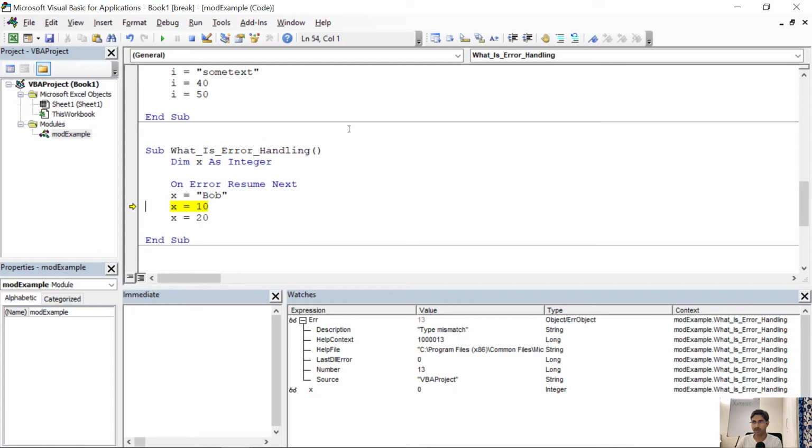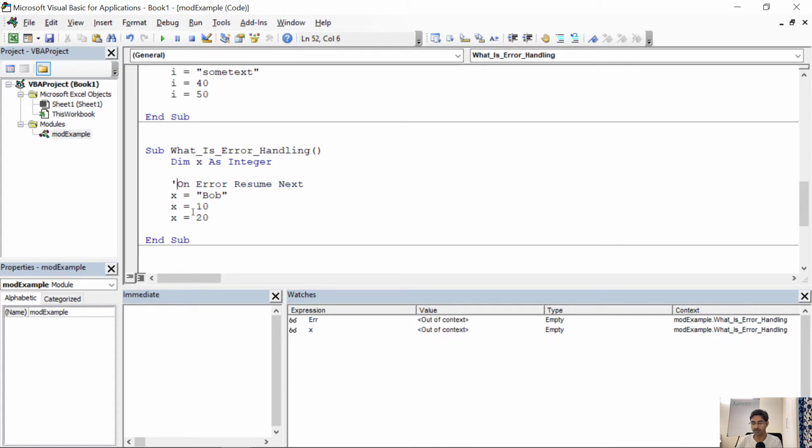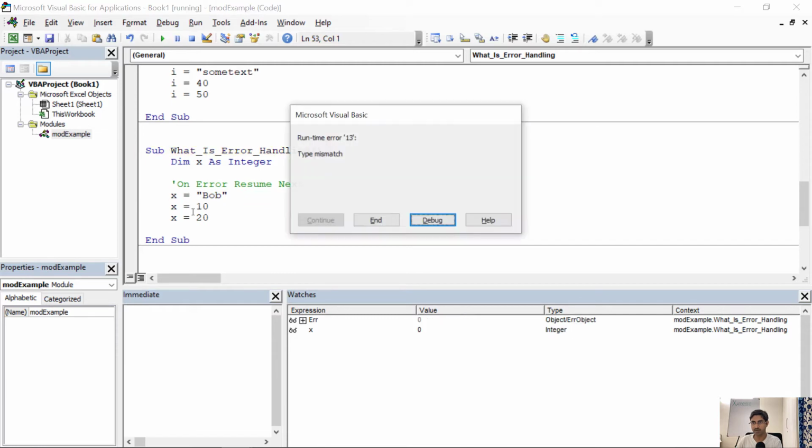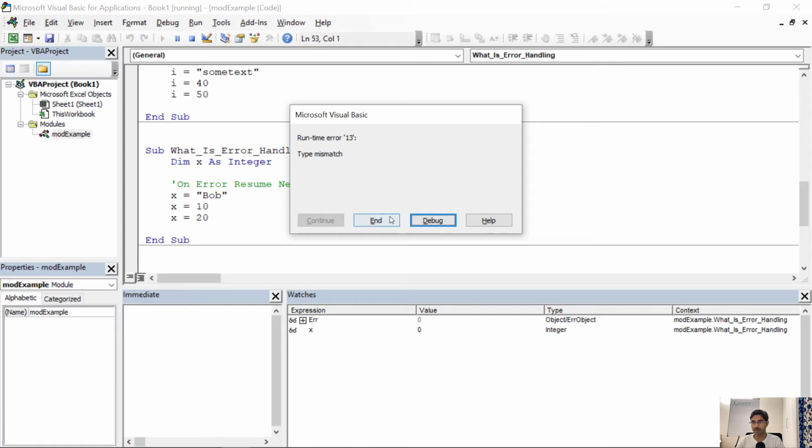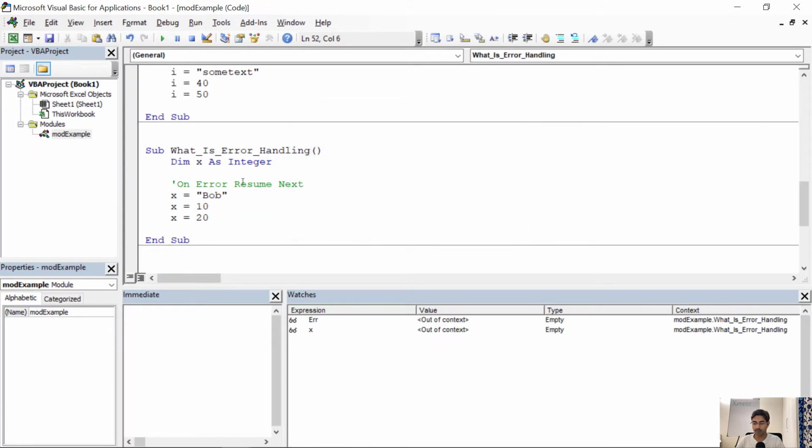But we did not get any error message. This time we did not get any error message like it appeared earlier. So let me stop this and comment this line and execute. We will get an error message, something like this, a Microsoft Visual Basic error message. But if we put this line, On Error Resume Next, and then execute it,